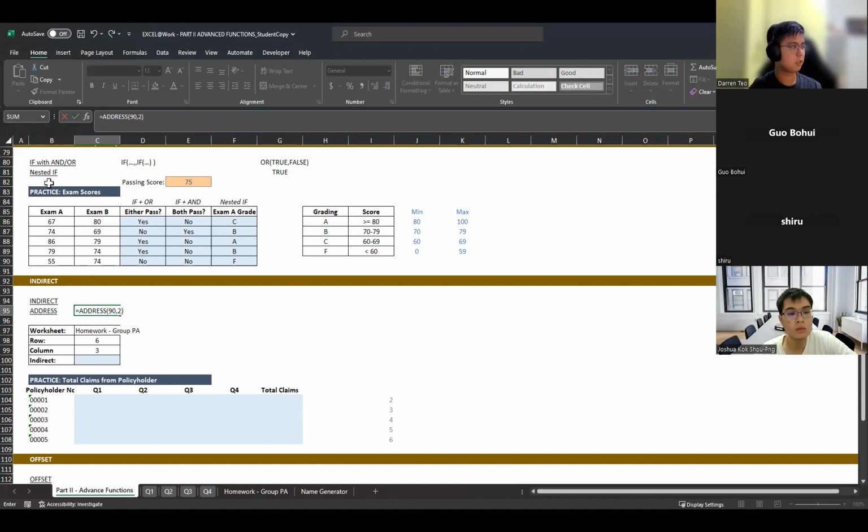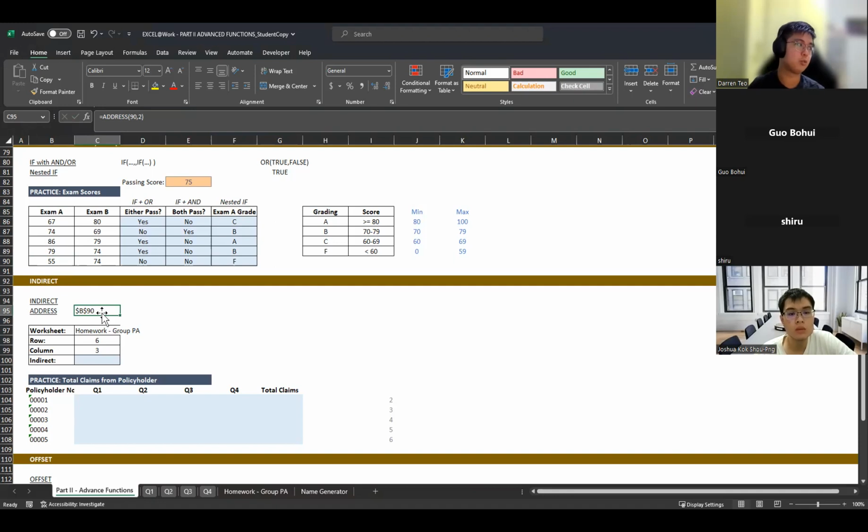Then I'll close this, and it gives me B90. So for 55, the address is B90.